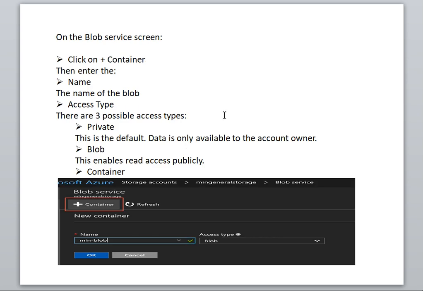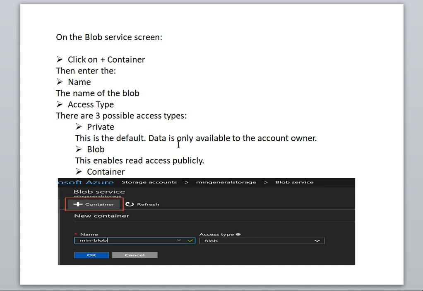It will ask a couple of things on the blob service screen. Click on plus container. Here you can see the plus container sign. Just click on that. Then it will ask for the name. You can provide the name of the blob based on your choice. The access type: there are three possible access types, private, blob, and container.